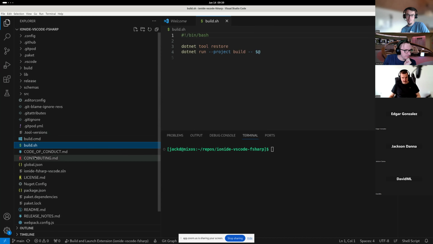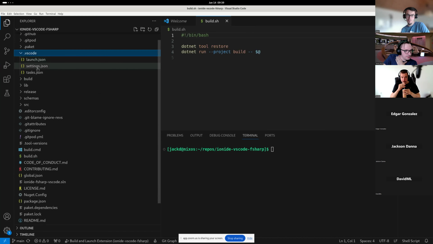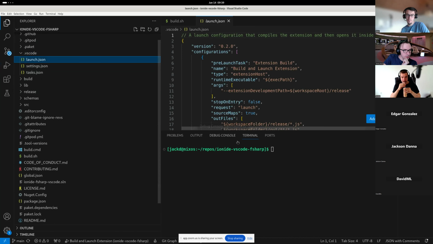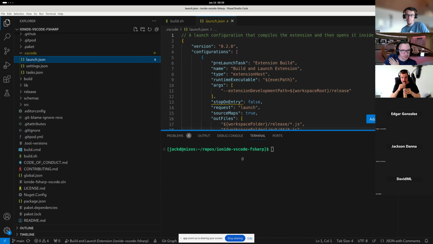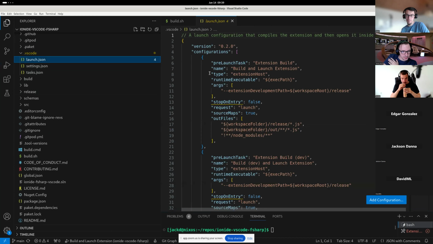Is this what you want to do? At the very top, there's a .vscode folder. Yep, .vscode. Boom. And here there's the launch JSON. You can see what we're potentially doing to launch this extension. So the pre-launch task is basically just doing the build, and then the rest of this is actually trying to launch a code extension with our just compiled code.